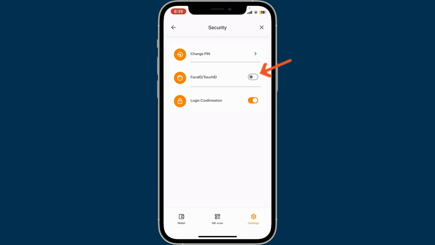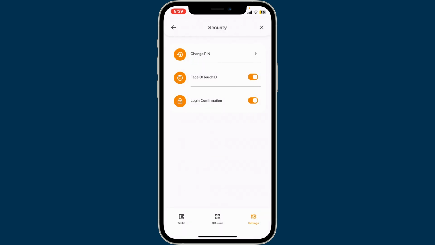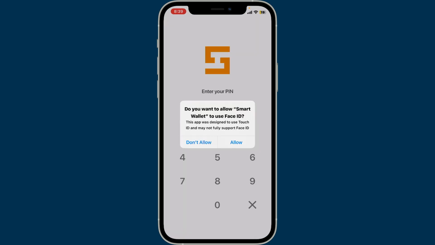Toggle on the button right next to Face ID or Touch ID, and in order to do that, you'll first need to enter your passcode or your PIN code, and this will then help you enable Touch ID or Face ID. Now, the app will prompt you to allow Face ID or Touch ID in the pop-up whenever you